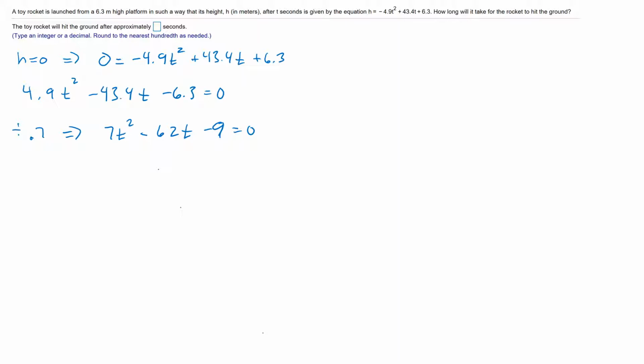But a great question is, where did that 0.7 come from? Well, notice that when we think about 4.9, or the number 49, if we think about a number that goes into 49 evenly, 7 probably pops up in many people's minds. And it turns out 0.7 goes into all three of the numbers evenly. If the leading coefficient had been, say, 6.4, then I think trying to divide by 0.8 would have been an excellent choice. Or if the leading term had been 2.5 t squared, then trying to divide by 0.5 would have